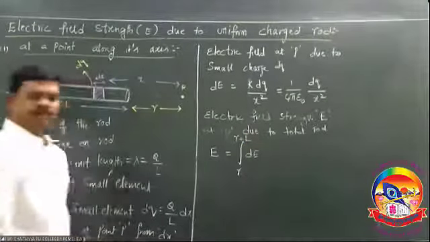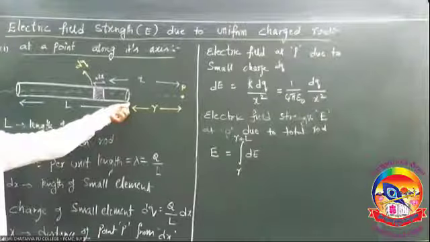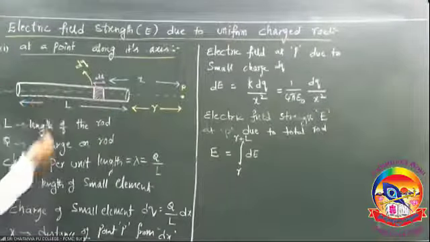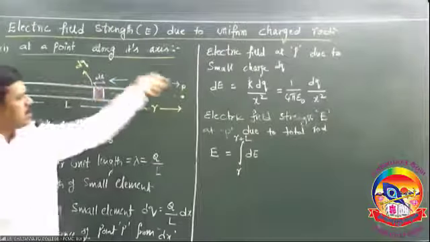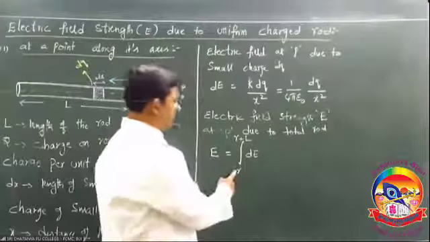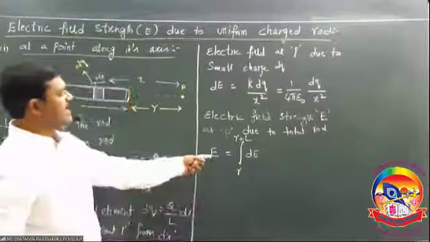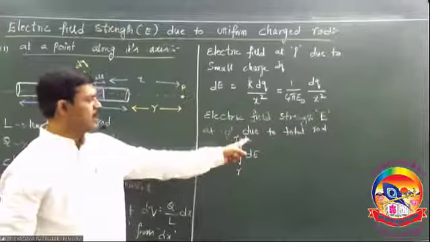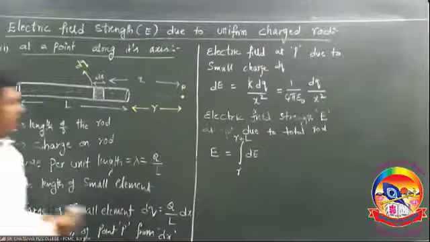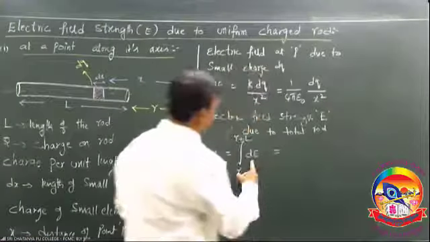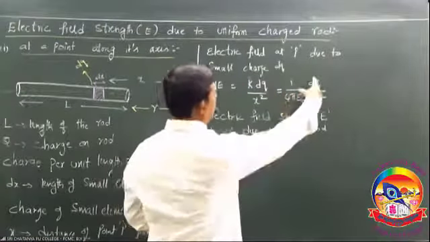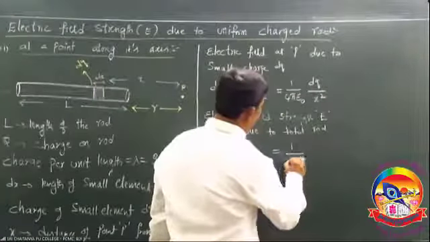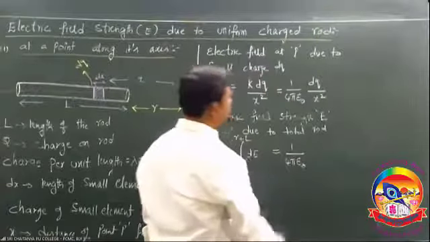You understand this? So within the distance limits R and R plus L, these dq charges are present. Due to all this, what is the intensity? Well, the total intensity is the integral of dE within the limits R and R plus L. What is dE? 1 by 4 pi epsilon naught dq by x square. Here, what are the constants? 1 by 4 pi epsilon naught is constant. Take it out.